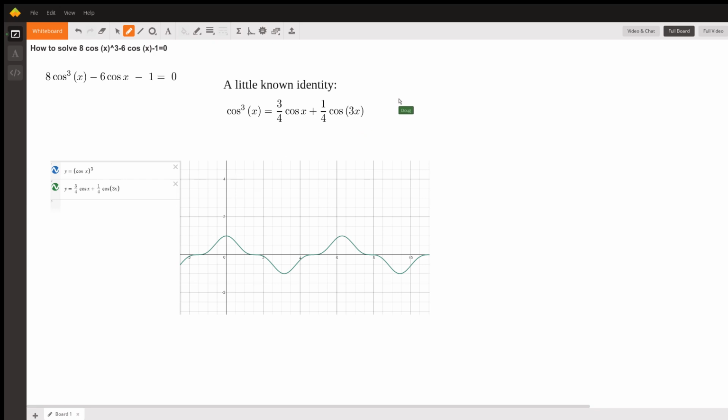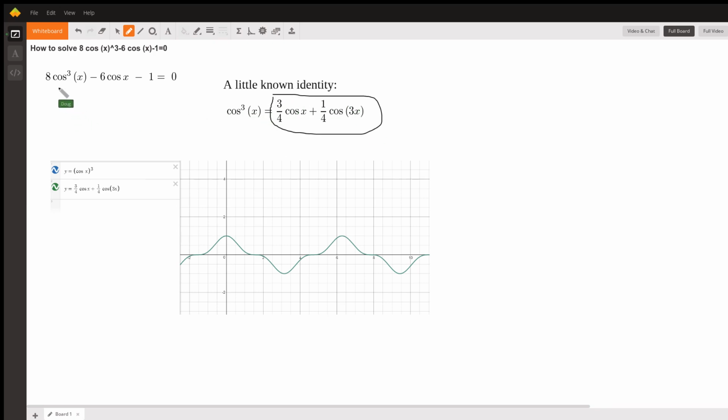Not going to bother showing how to prove that identity right now, but here's some proof using the Desmos graphing calculator that indeed the graphs of these two functions are the same. Y equals cosine cubed of x and y equals this expression result in the same graph in the Desmos graphing calculator. So given that, let's see what happens if we substitute this